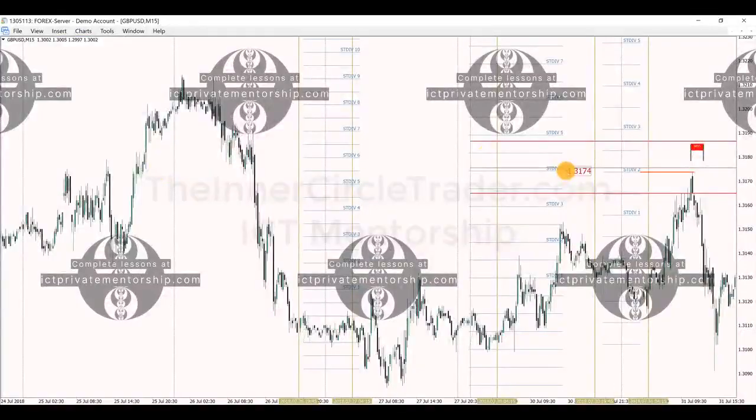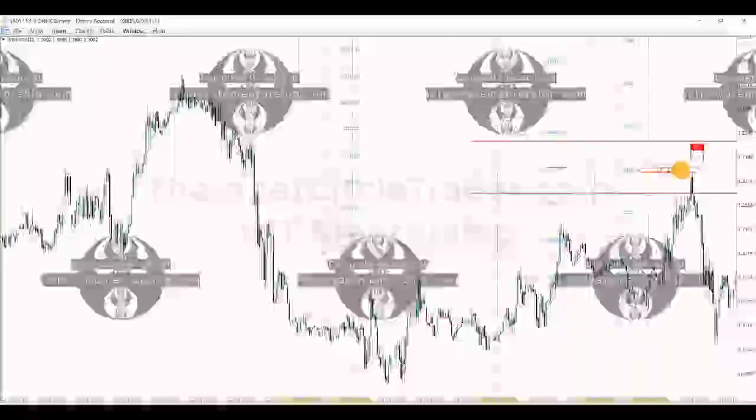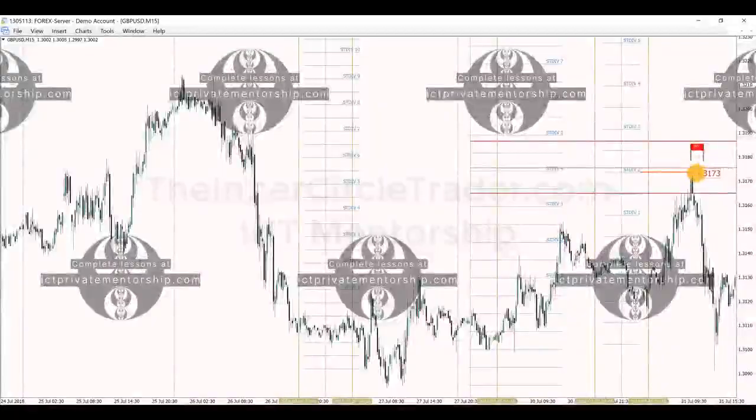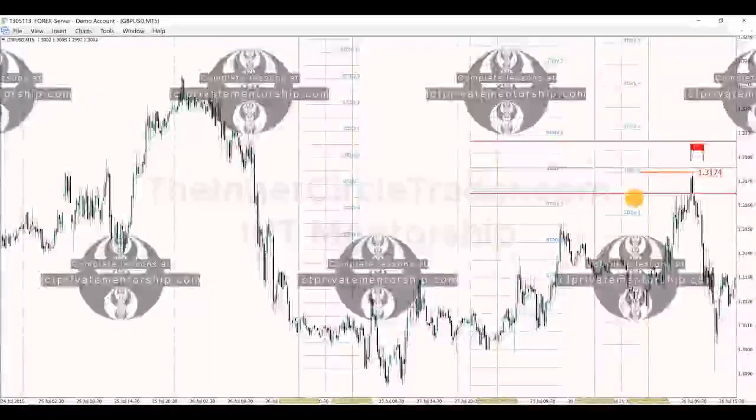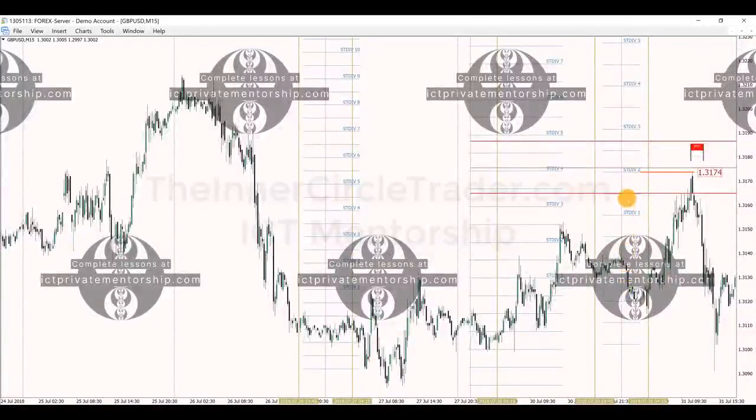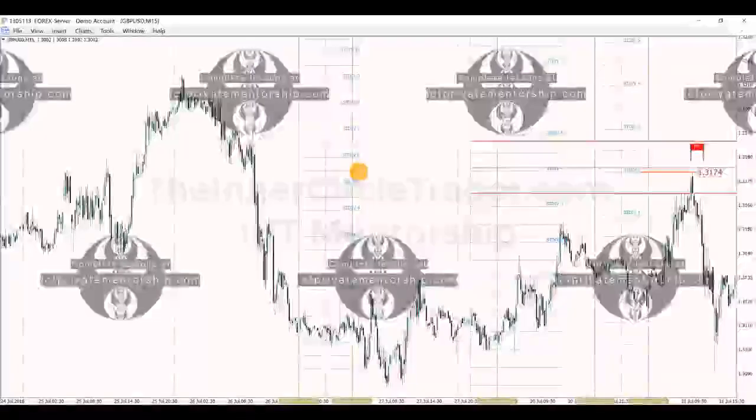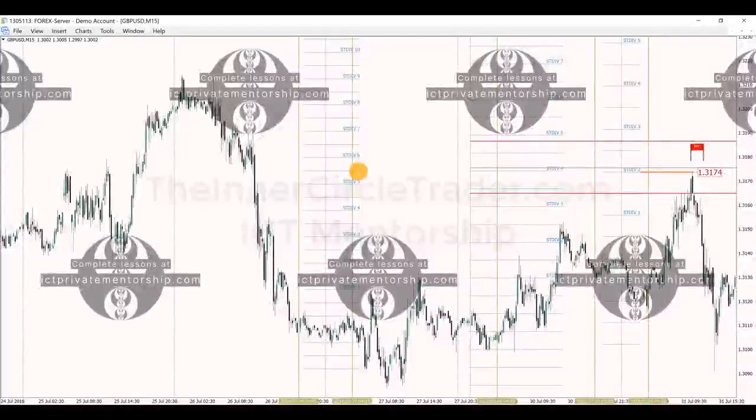And 31.74 still. And then ultimately, obviously, 31.74 was the high on the week, right there. So we have standard deviation 2 trading on Tuesday that overlaps and converges with standard deviation 4 from Monday, which converges with the mid standard deviation here on Friday's data. Okay, so how many things do you need to converge within 5 pips